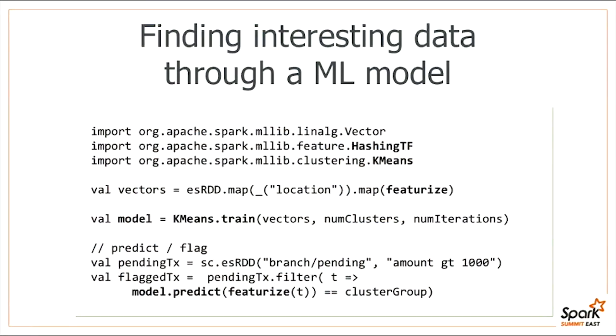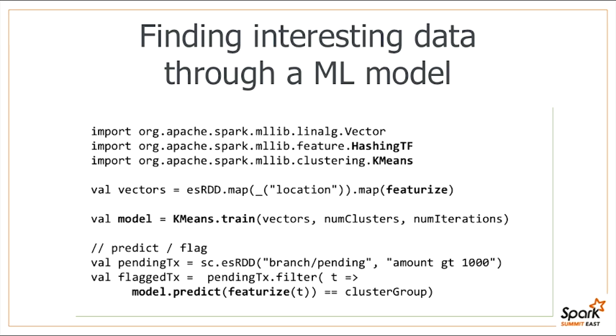But you can also do something more interesting, more advanced. This is why we're currently in the POC phase: integrating a machine learning algorithm. Based on the data that you already have, you can have a model that you can use to react to data. And this is, again, just Spark code. This is an example of a clustering algorithm, k-means, that you've probably heard about at the various sessions, even in this room, where you take the data and try to create clusters. Once you have the clusters, you can see whether certain data matches that.